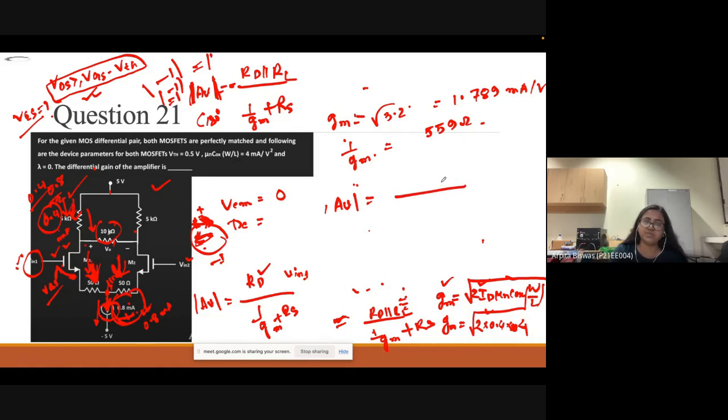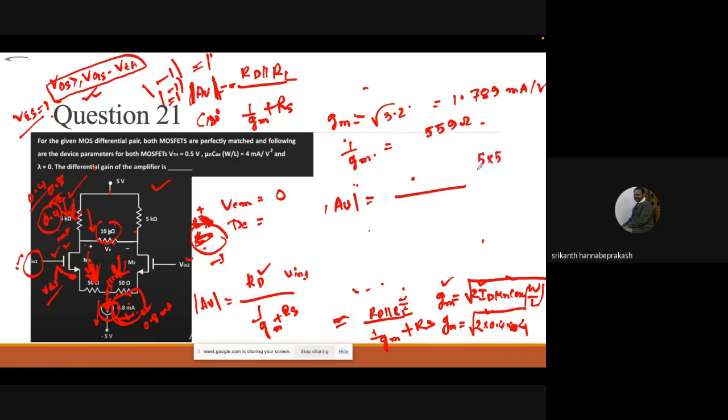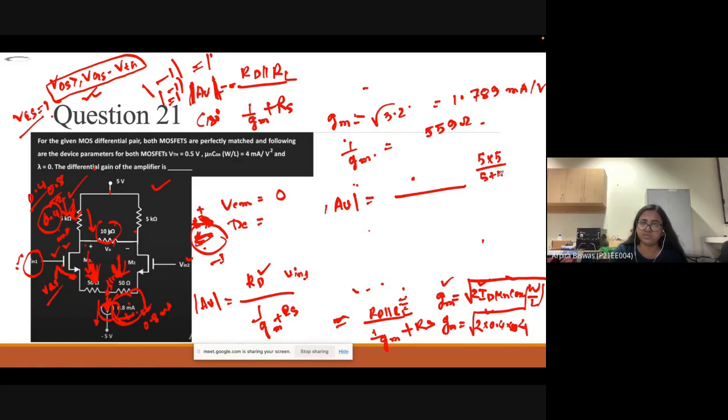So RD parallel with RL. What is the value of it? 5 kilo ohm parallel with 5 kilo ohm. Tell me, what is the value of it? 5 by 5 plus 5, so 2.5. Okay, so what is the value of it? 2.5 kilo ohm. And below,